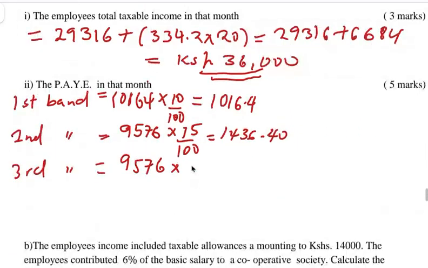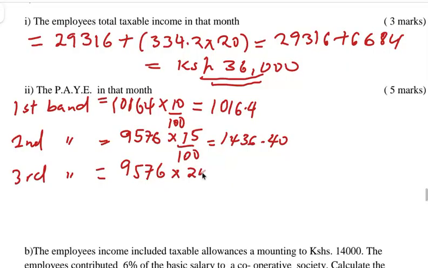Times 20/100. So multiply, take your calculator, just take 9,576 times 20%, which should give you 1,915.20. So in your fourth band tunajua maana tulicalculate sisi wenyewe, sio? Tulichukua ile 334.2 times 20. So your fourth band yafaa hiyo